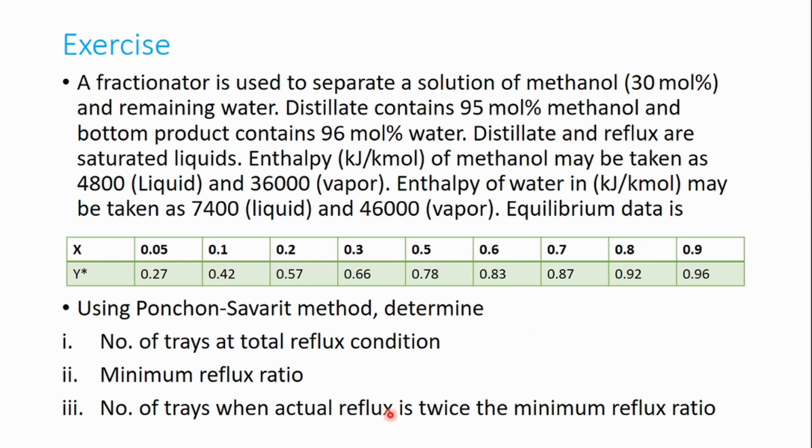From the minimum reflux ratio, find the actual reflux ratio, which is 2 times the minimum reflux ratio. So we know the value of R there. R is line A by line B. B value is given, so find out the A value. That will give you the difference point delta D. Alright, so extend that delta D through F and join to the XW line, and that will give you delta W. Draw tie lines and operating lines, and you can find the number of stages by counting the tie lines there. Okay, so you can try this exercise.